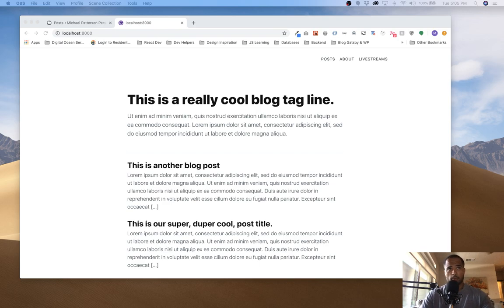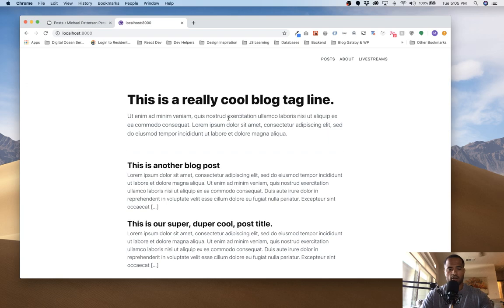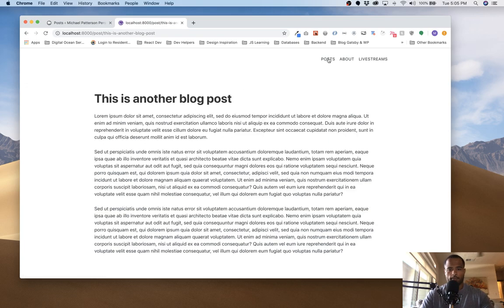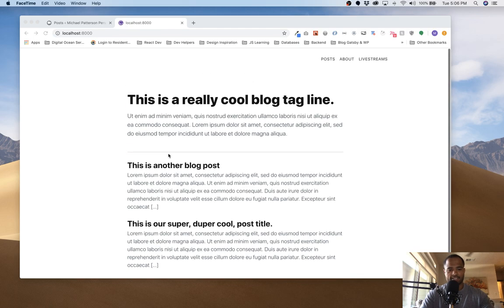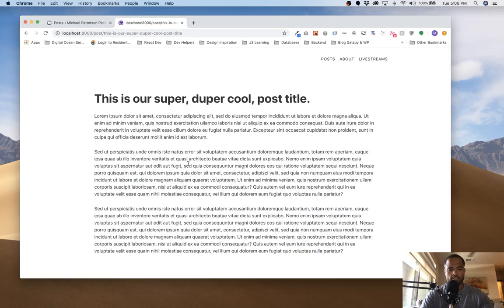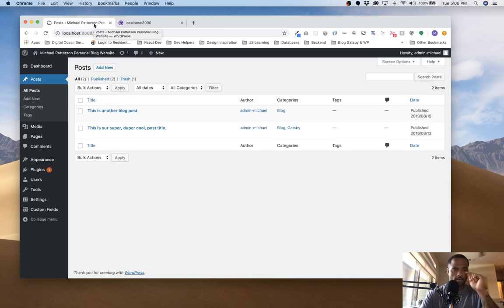So this is part 4 of us building this blog using Gatsby. And here's what we have so far. Here's where we left off. We can go to our post. We have this little title, this little about section, and we have each individual post that we can click and go to. Very, very basic stuff. And we're pulling that all from our WordPress backend right here, where we add posts and